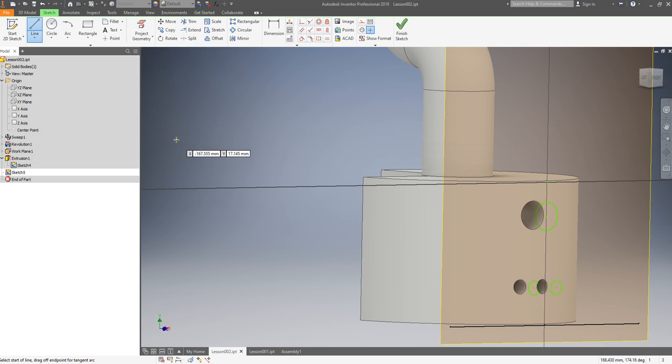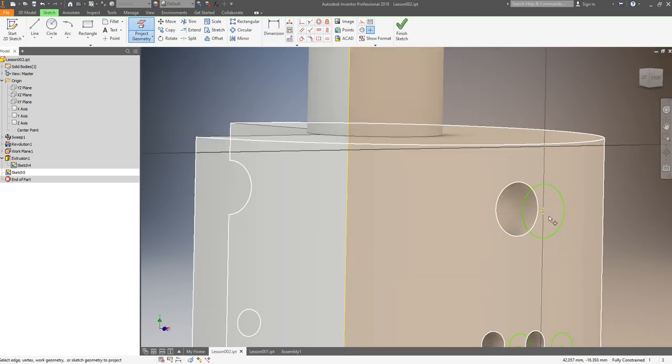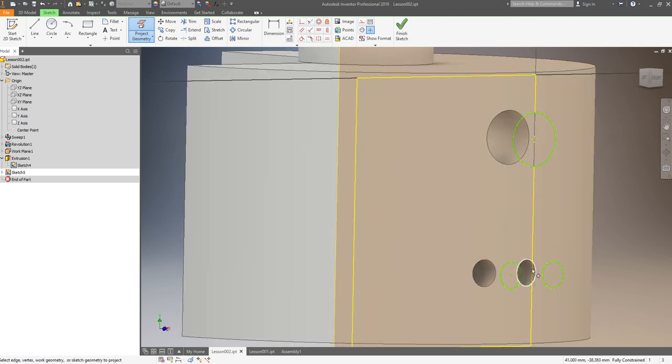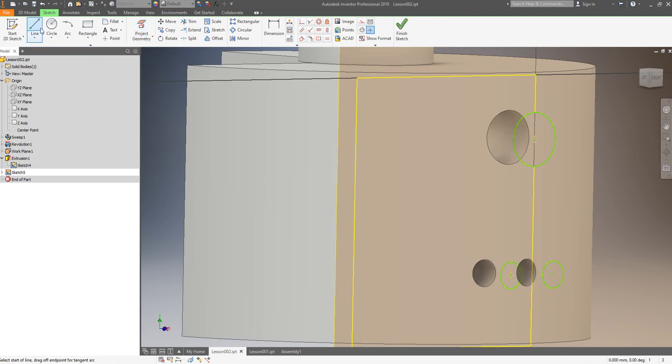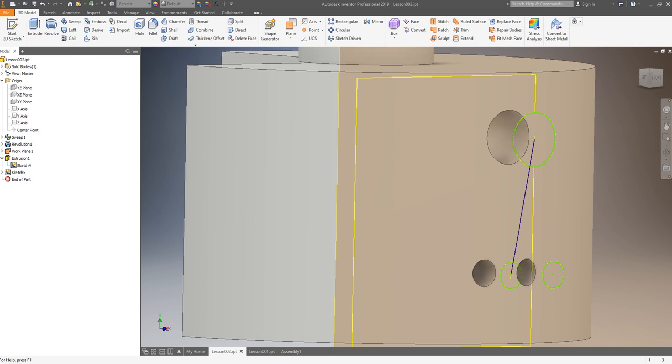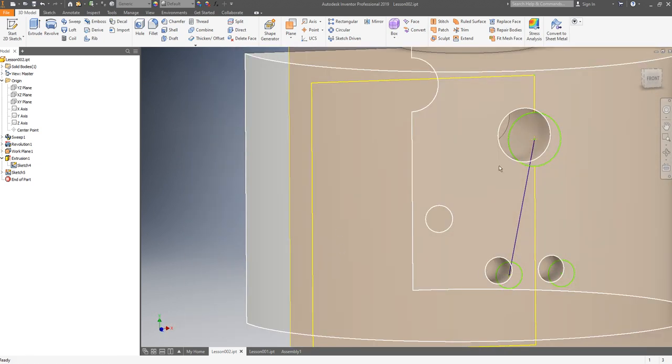We can't. Let's project first to see whether we can project the center point. Yeah. Let's do a straight line on this point. That point. Okay. We had a straight line.